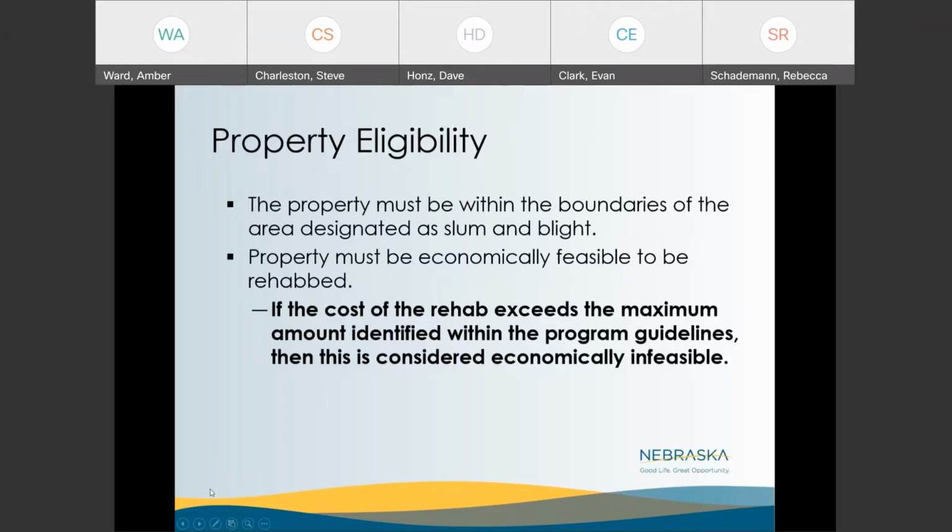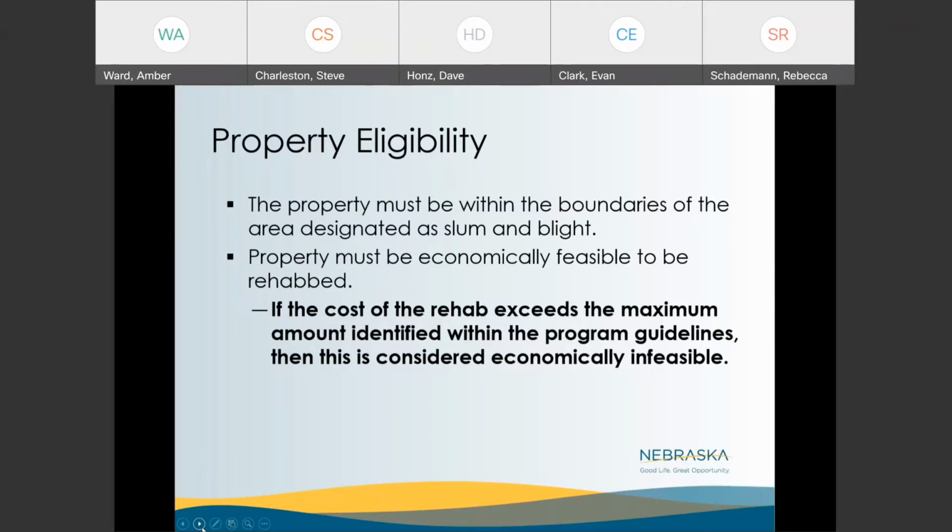So obviously, when you begin your commercial rehab program, and even at the application stage, you will identify the eligible areas or the properties and the boundaries of your districts where your slum and blight activities are going to be undertaken. This is a designated process that local governments go through so that they can comply with the slum and blight national objective. And please be aware that your slum and blight designations cannot be more than 10 years old when you're